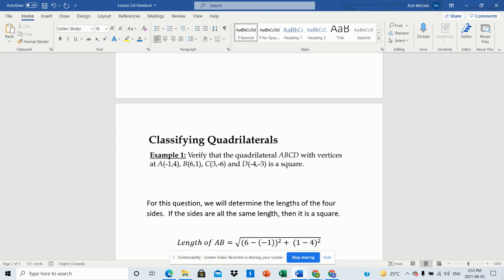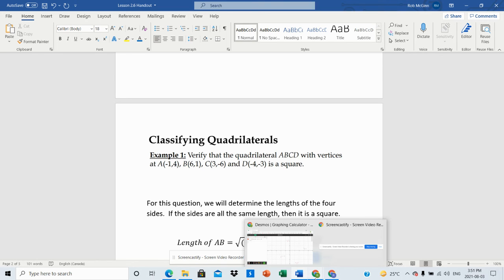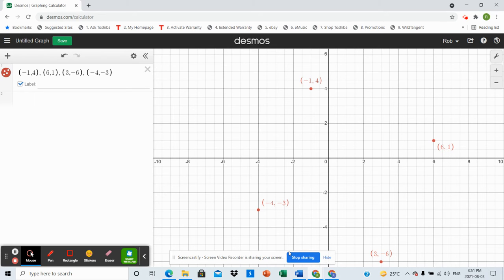And we can use Desmos as well to give us a general idea. So let me just flip over to Desmos quickly. Here we go at Desmos. I put in my coordinate points of negative 1, 4, 6, 1, 3, negative 6, and negative 4, negative 3. So we can see it kind of looks like a square, but we're not 100% sure if it is or not. We could also just draw lines